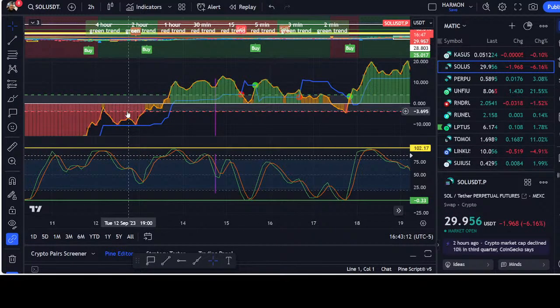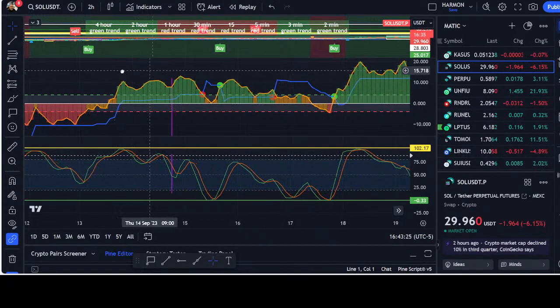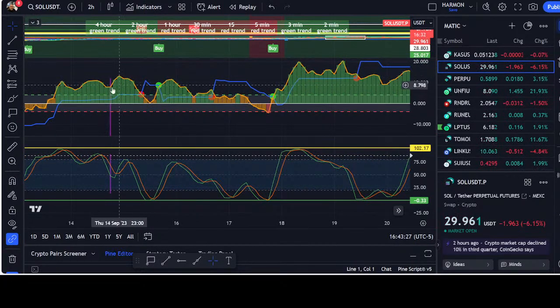Now, what we want to start looking at is, what are the steps to confirm that the trade that we're looking for would actually be a valuable trade, right? And what we can see here is that we already have green volume here in the 2 hour section, which is great, right? So that means that the long that we're hunting is actually possible because we're living inside a positive volume right now in the 2 hour. So it puts a nice little section here to where we can see that and go,